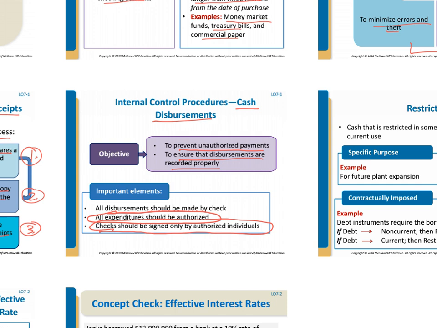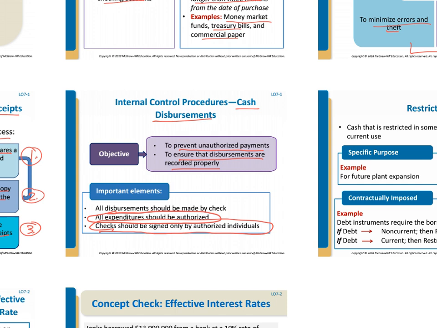And then we authorize the invoice, when it comes in, to the applicable parties, the managers who receive the service or receive the product, right? They authorize indicating that it's legitimate. And then all of that is combined together in what we might call a voucher packet and then provided to the check signer so that the check signer can say, yes, this is a valid payment, I'll sign it. And then maybe we have a secondary signer also sign the check depending on what the materiality threshold is.